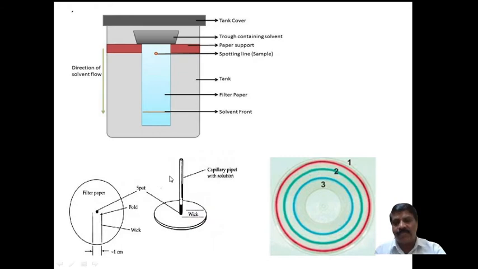Then the third type of paper chromatography is radial or disc chromatography. Here the paper should be circular or disc-like filter paper, such as Whatman filter paper, whatever the quality of the paper, and it is spotted and folded like that. A wick is made parallel to the fold, and the mixture solution should be placed at the center using a capillary tube or a syringe, whatever it may be.